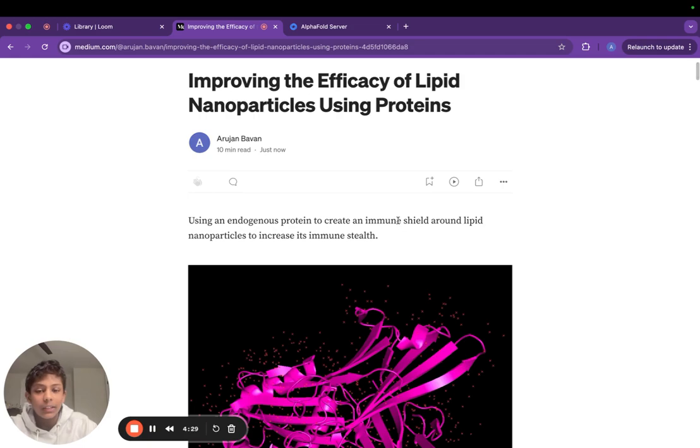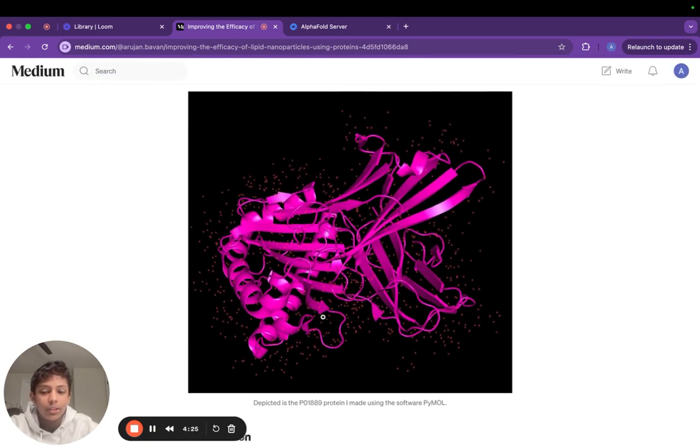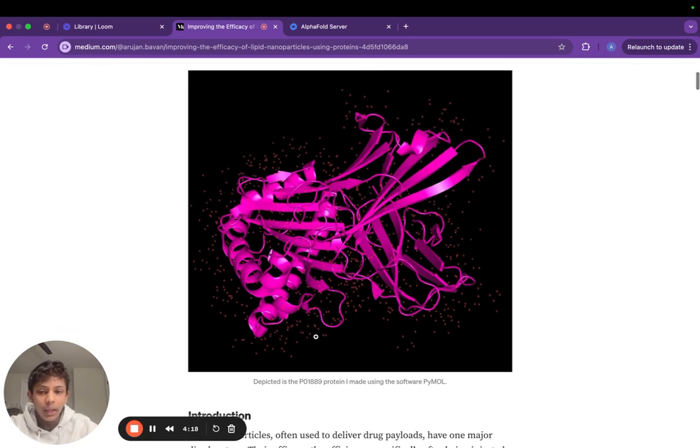So to improve this, I use the protein, and here the protein is depicted. This one is the P01889 protein, and it's from the subclass MHC Class 1. This protein is actually from the immune system, the human immune system, and the genotype is from a human. So this is important because it's also part of the immune system, which means that we can use that to